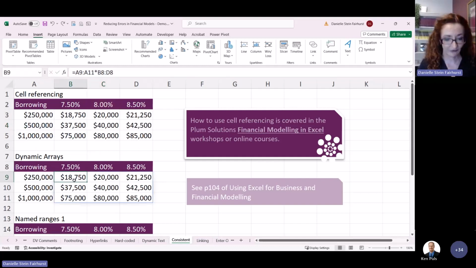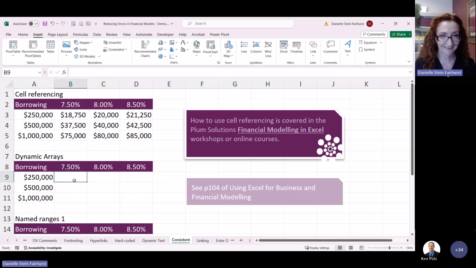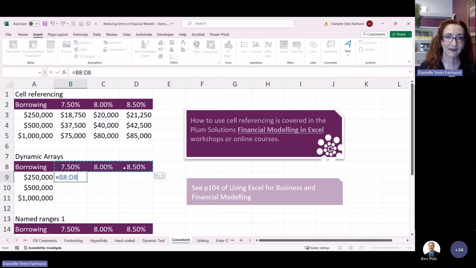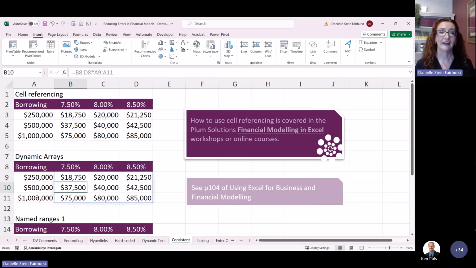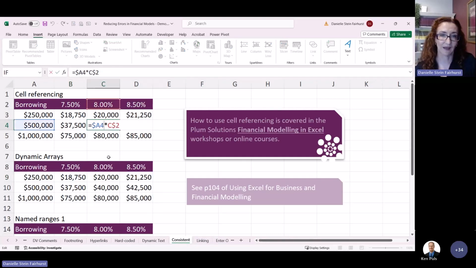So getting into dynamic arrays. Another way of doing it would be to say that's your entire range multiplied by the entire range. And then if you just hit enter, that is going to, by default, that's why I love dynamic arrays so much, because they kind of force you to make it consistent. I must say though, let me know what you guys think, but if you were to inherit a model, I would prefer to see something like that, where you can actually pick up and see exactly where the numbers are coming from.